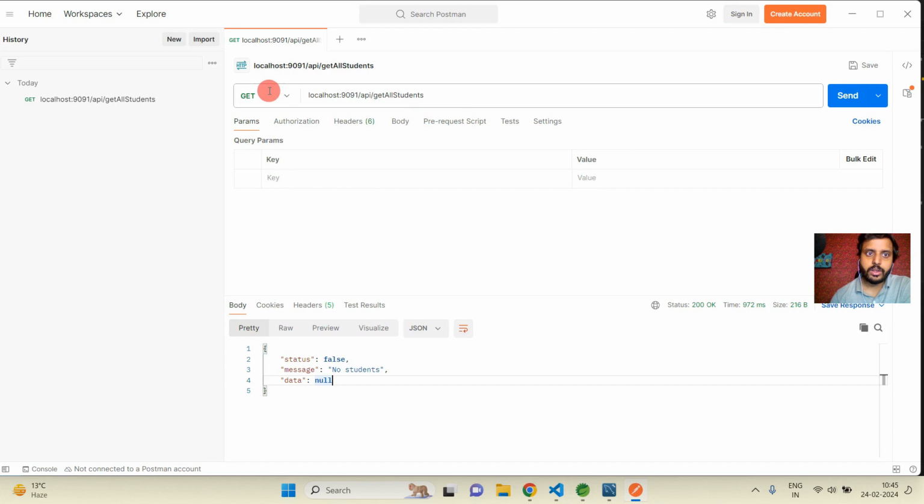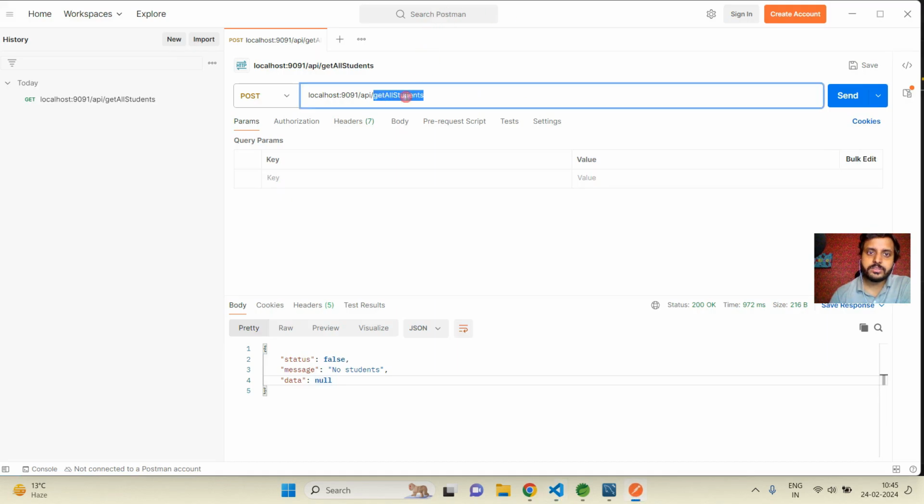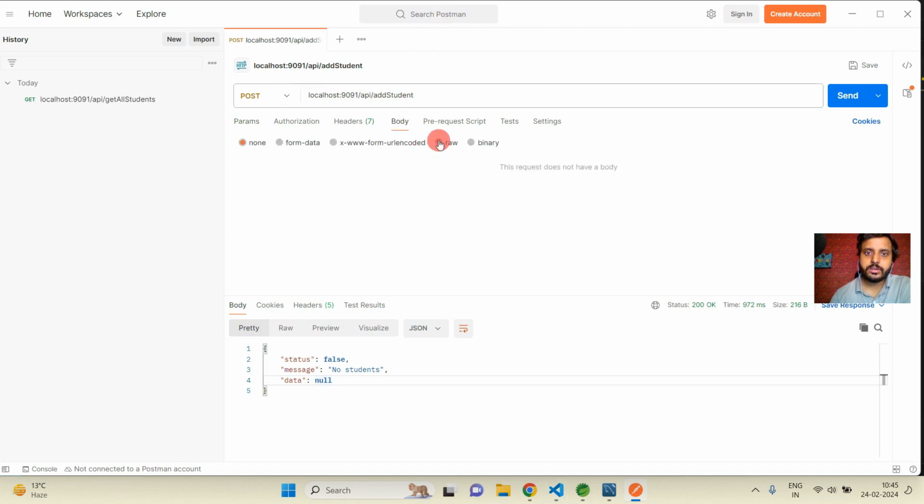Now I'm going to use the post method here and use another endpoint, that is add student. So just copy this URL from here and then paste after this API. Okay, and then in the body section just click on this raw section and then select JSON here. Okay, and then in the JSON I'm going to add